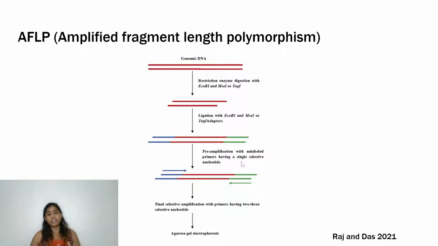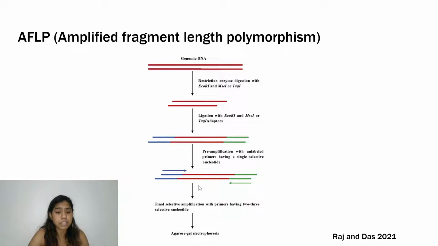And now because we have this adapter, we can use primers specific to this adapter with a single selective nucleotide of interest. So this completely relies on our prior information of whatever polymorphic allele we are looking at. If you're looking for a specific polymorphic allele in our community of interest, let's say we know that this allele of a nitrifying gene is better at converting ammonia to nitrate, and we want to see whether microbes isolated from this environmental site have that particular allele of interest, then we can use a primer that is designed specifically to look at that single nucleotide or two or three selective nucleotide regions,